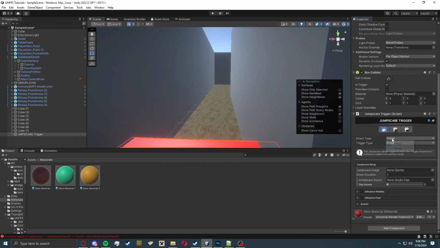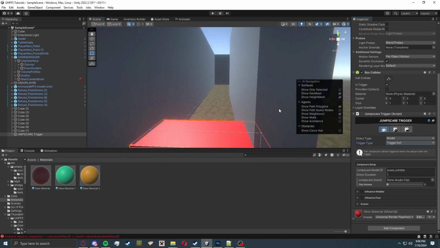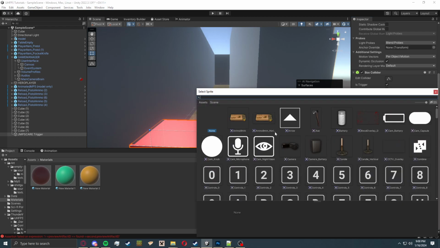So you have a sprite, an image jump scare, and a model jump scare. The trigger type, there's a bunch of different kinds. There's enter, exit, and event. So I like to use exit because it's a bit more fun. So first one we'll do is image, and for this image we will just use